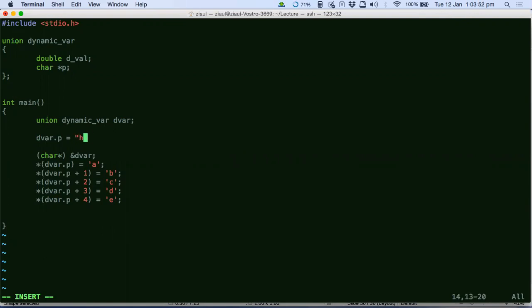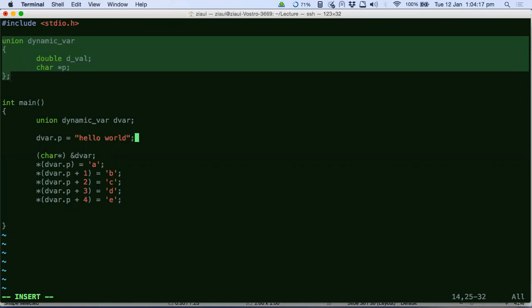What you want to do is you want to do this, right? Yeah, that's perfectly valid. Now P will point to hello world. But the thing here is P is a pointer. Remember that P is a pointer to a memory location. So this will give you just the memory location. This memory location is not the same as this memory location. Do you get what I'm trying to say?